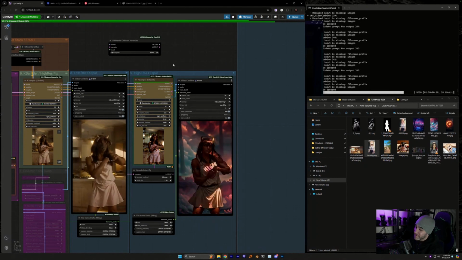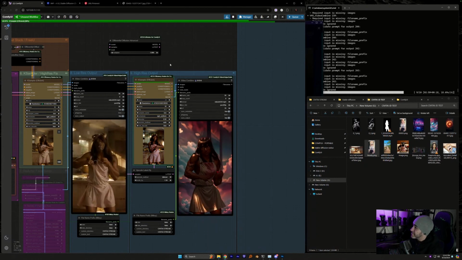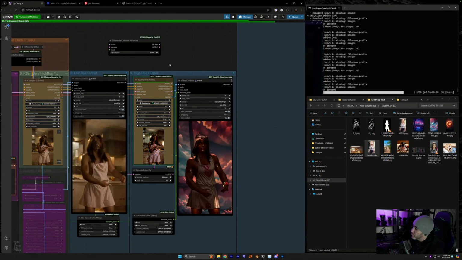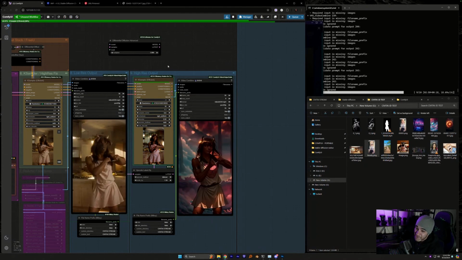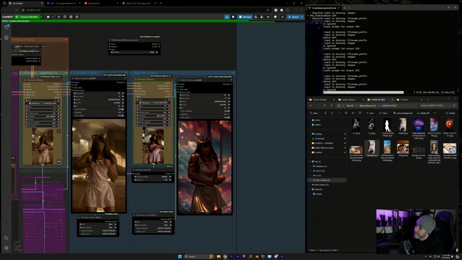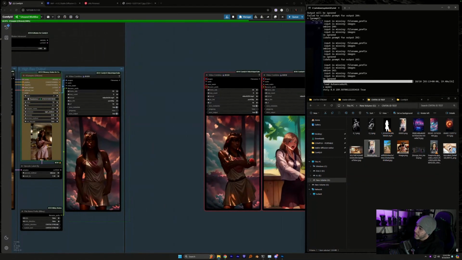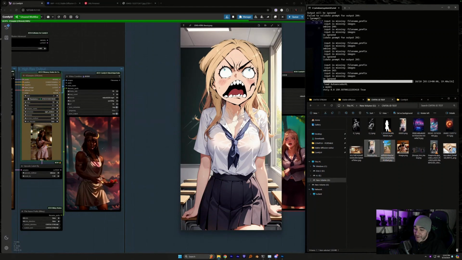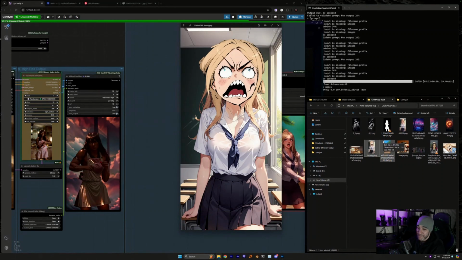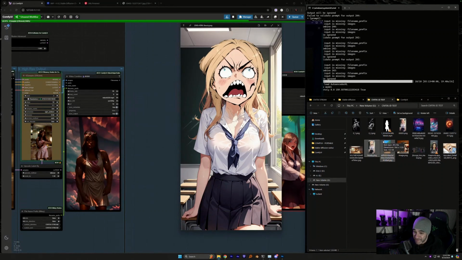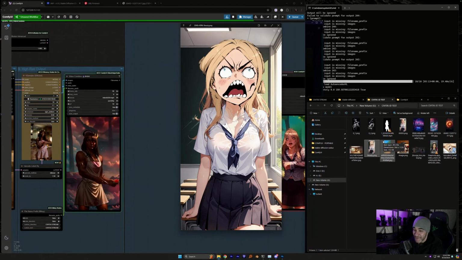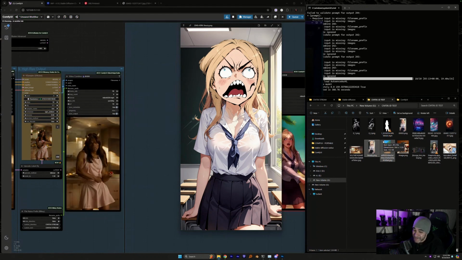I don't know if it made it better, but they look good regardless. I wonder what this image would do if we ran it through with the realism model.